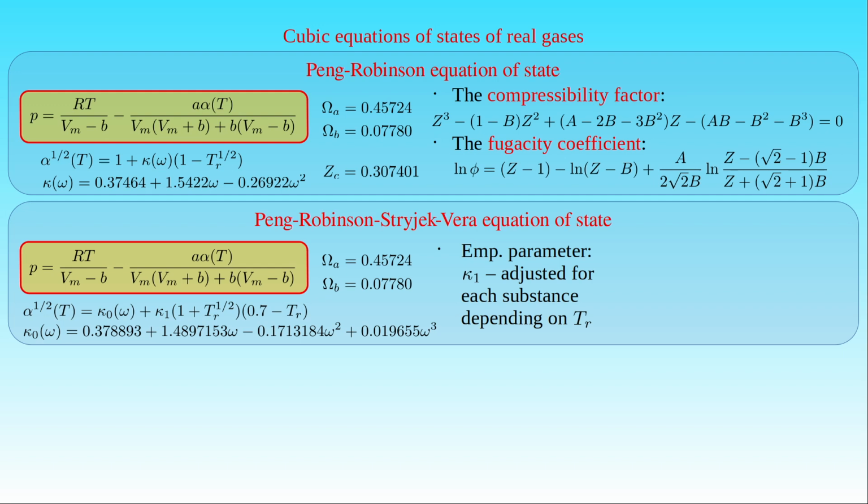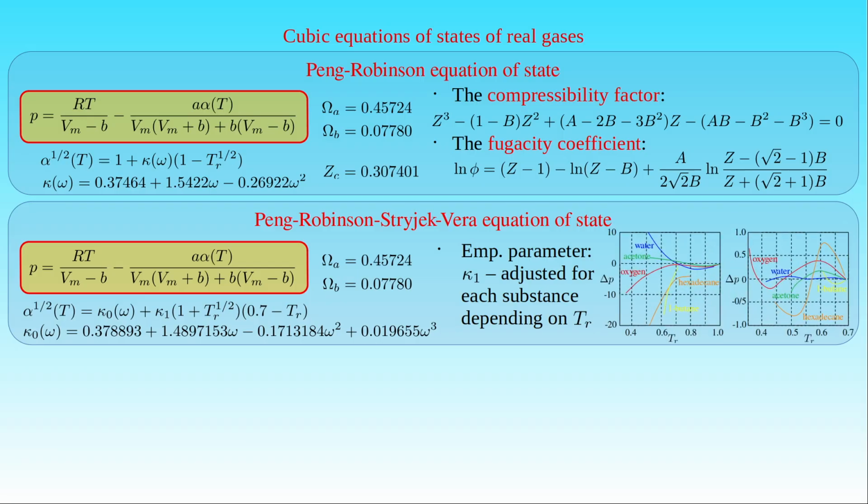Stryjek and Vera illustrated the improvement in these results by comparing the deviations in vapor pressure calculated with the Peng-Robinson equation of state seen in the left-hand plot and with their modified equation of state seen in the right-hand plot. The difference between the calculated vapor pressure and the experimental data for several substances given in percentages versus their reduced temperature shows that the improved equation of state produces at least one order smaller deviations in vapor pressure than the